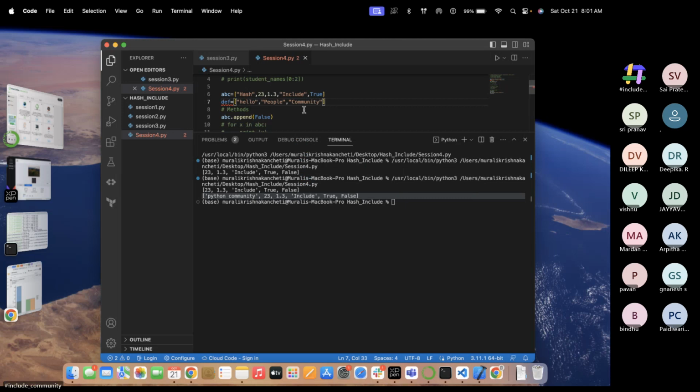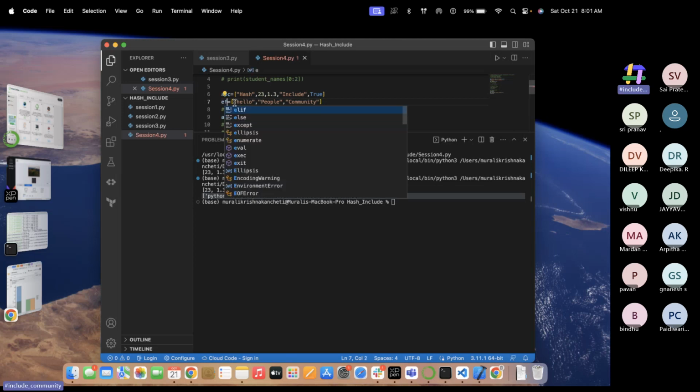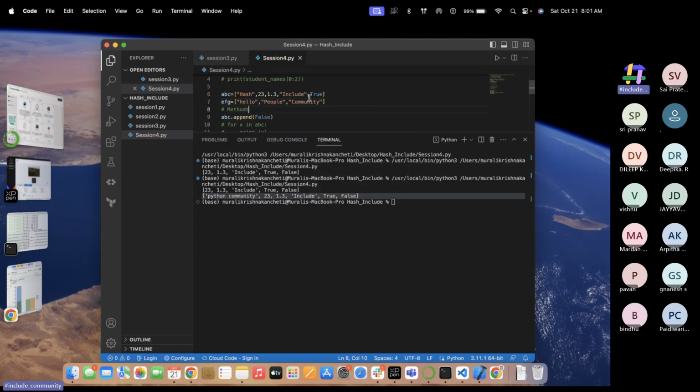Okay. So we cannot give def here. I'll call it EFG. And if I want to add these two lists, like if I want to add the EFG list to ABC, I can use the method called